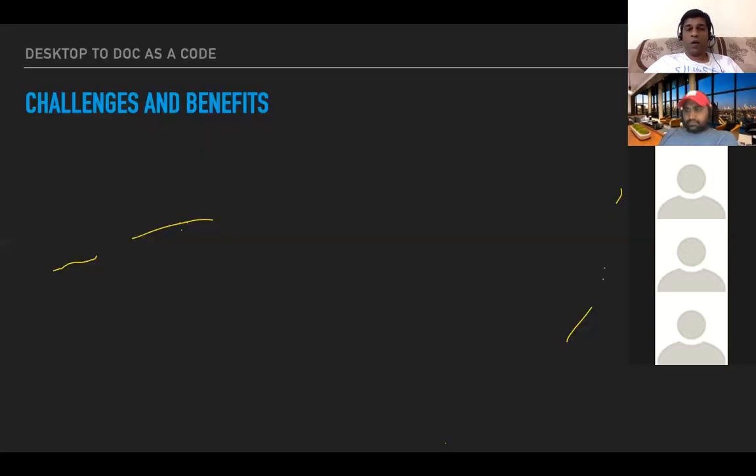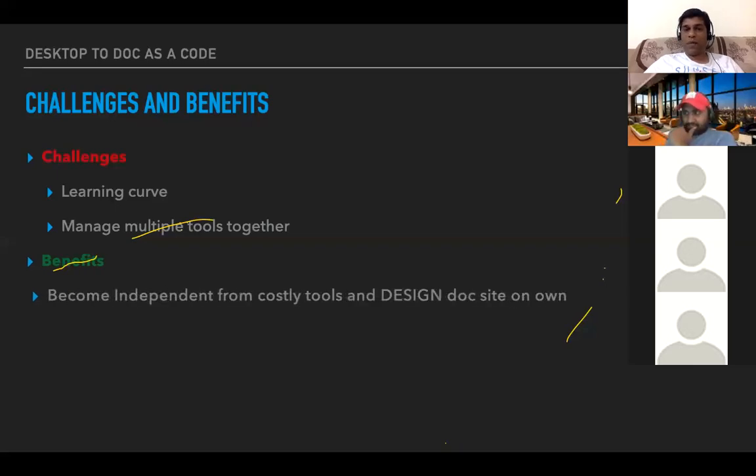But then what are the challenges in this? A learning curve is there, because for all those four levels of tools or stages you need to learn, which is very different generally from a help authoring tool. Then you manage multiple tools together. Managing all these together at times is a big challenge. But what are the benefits? If we see the bigger benefits,